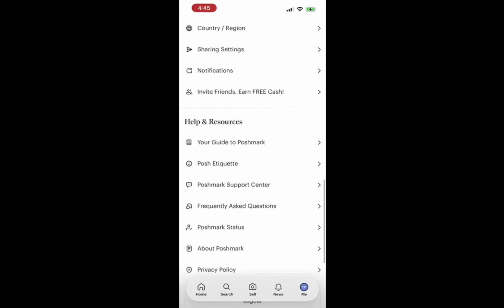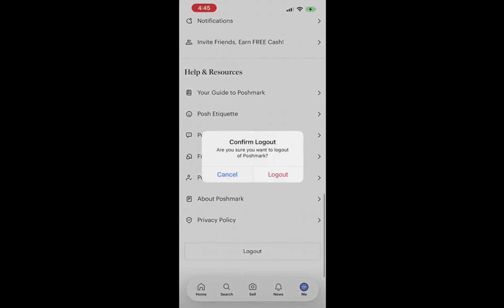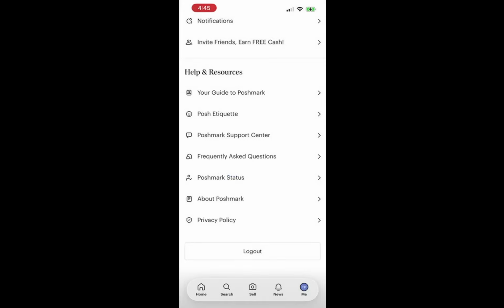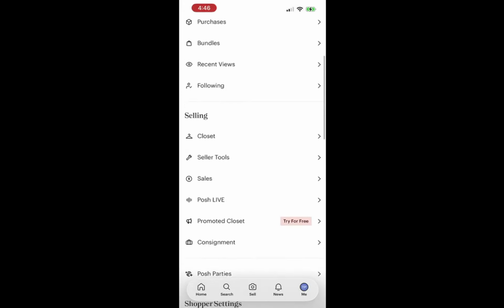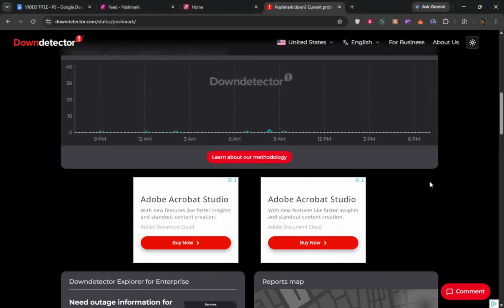Finally, if you notice features such as search, saved searches, likes, or listings looking different, it may be due to Poshmark's recent app redesign. Some users have reported problems with search filters and saved searches after updates. Understanding this can help you adapt to the changes and know that they are not necessarily a malfunction. If none of these steps work, it's best to contact Poshmark support through their website at support.poshmark.com. They can provide further assistance tailored to your